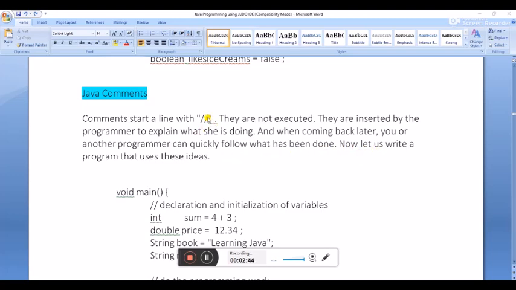Now let me talk about comments. It's important to understand that comments help the programmer to really explain what each line of the text is. If you're writing programs over the years, you will notice that comments become very handy, very important, because in the next few months